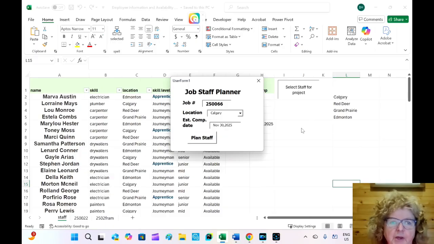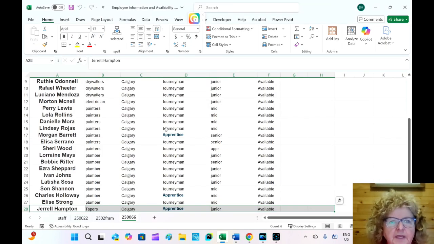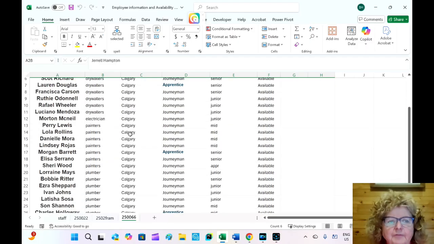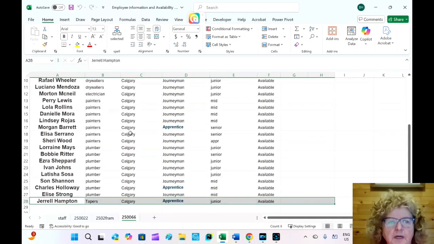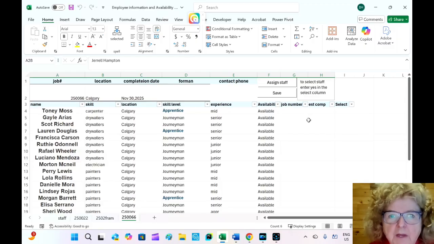And so now I press the Plan Staff button here. And it instantly creates a new sheet. And here you have the job number, the location, the completion date, and this is where you would put in the foreman and the contact information for the foreman. Now, all of the people for Calgary are available, but I would just like to pick out probably a couple by their skill level. So I would like a journeyman